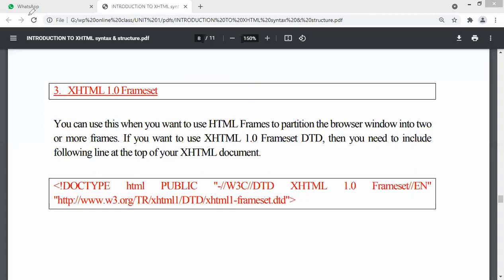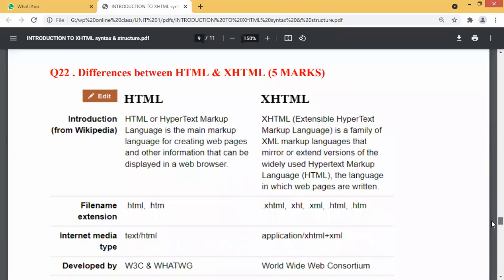So all these features you will definitely learn one by one. Okay. So this is about the structure, right? So that is about the structure. All right. Then shortly I will tell you the differences between HTML and XHTML. So what are the differences between HTML and XHTML? Okay. So just read it. Already I have explained to you. You can just read it.